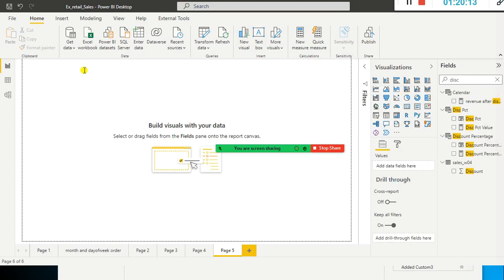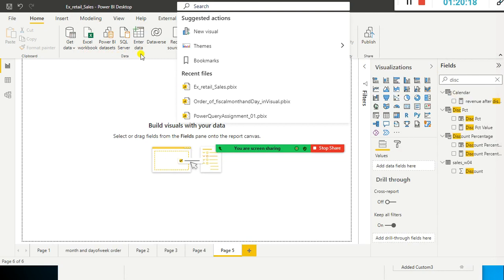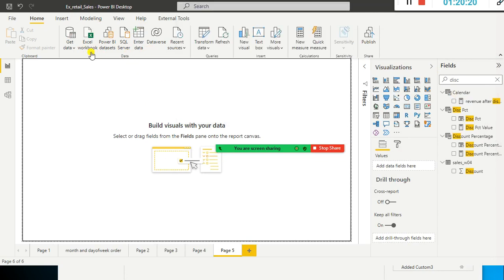My keyboard has some problem. One second. So you need to look here. Where is that? Here you don't see the dataflow. Okay, here you can see it. Get data.